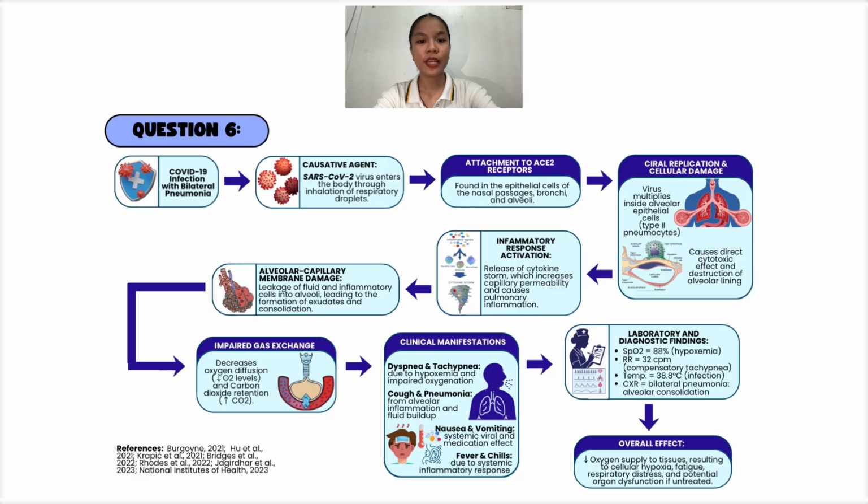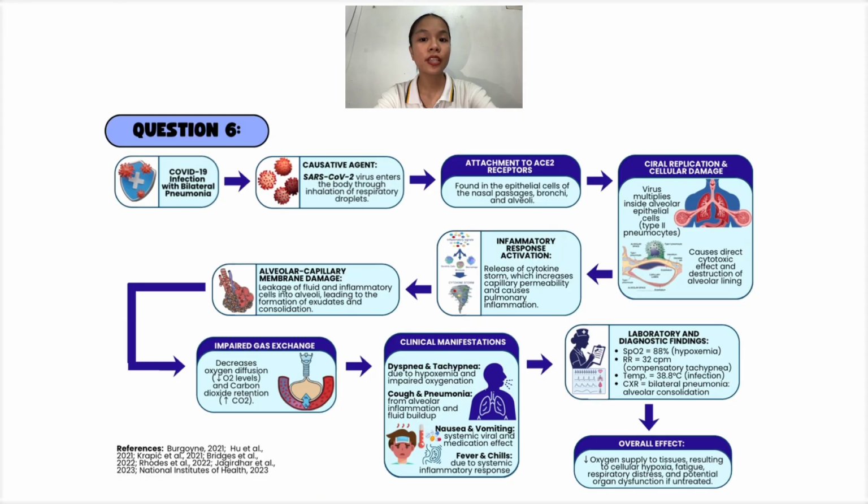So I'll now be explaining why the patient's symptoms arise based on her condition and the natural anatomy and physiology of the respiratory system. So as we all know, the patient is diagnosed with COVID-19 with bilateral pneumonia, and her symptoms such as dyspnea, fever, chills, nausea, vomiting, and even the low oxygen saturation can be explained by the disease pathophysiology. So first, we have the viral entry and the lung infection, wherein the SARS-CoV-2 virus enters the body through inhalation and attaches to the